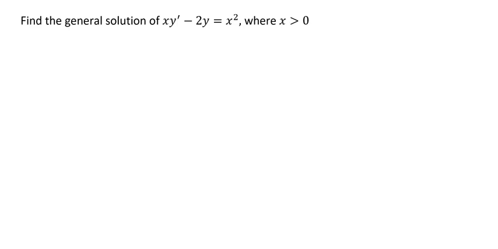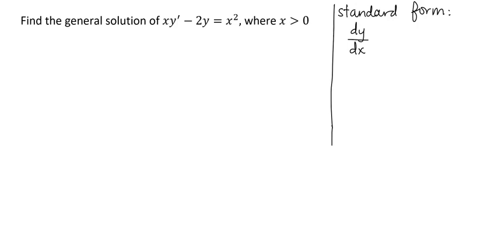Here we have another first order, because the highest derivative of y that shows up is the first derivative, linear, because y is only showing up with an exponent of 1, differential equation that we want to solve. We're going to solve that using an integrating factor, but before we can introduce an integrating factor, we have to make sure that our differential equation is in standard form. That means that we want the coefficient to the derivative to be 1, so that we will be able to see what p of x is in front of y and what q of x is on the other side